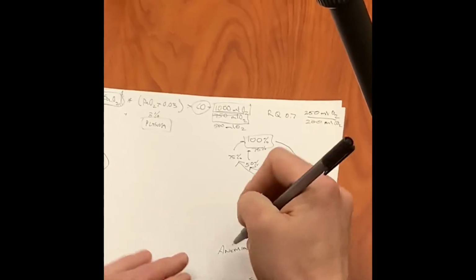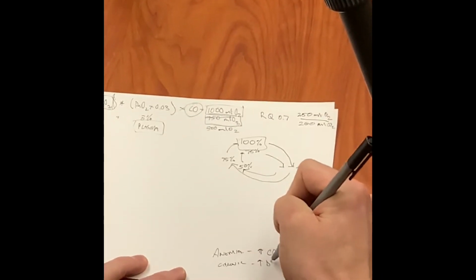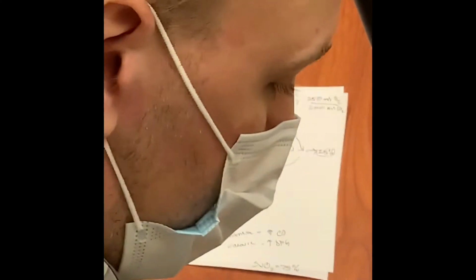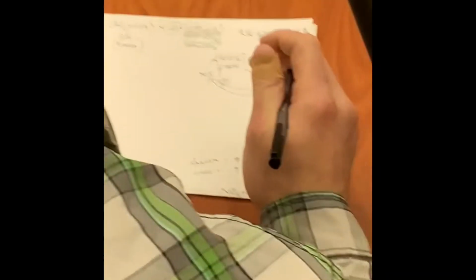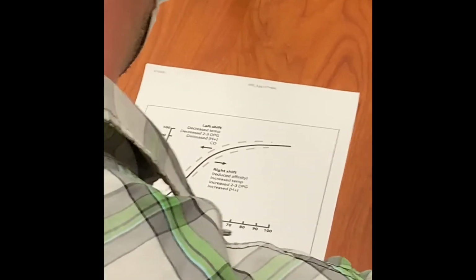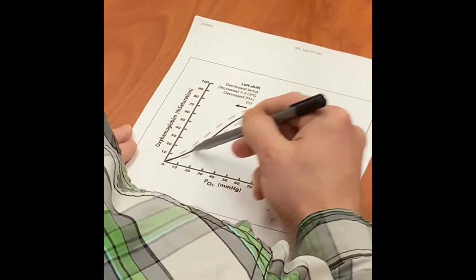The chronic phase of anemia is an increase in DPG. I have a hard time saying this or remembering it. It's like diphosphate glycol, something like that. Basically, it's like an enzyme that your body produces to combat the anemia. But what it's doing is changing the oxyhemoglobin dissociation curve. So with this curve, this nice sinusoidal wave right here,